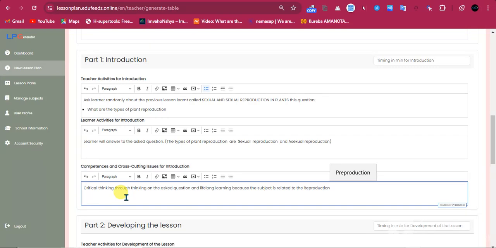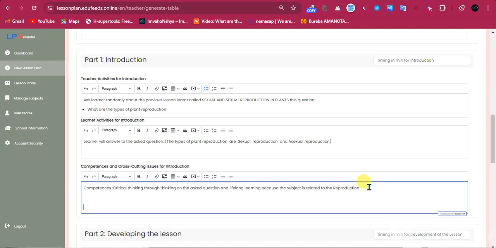And another, you may write here the competencies, even I mentioned them there. Then another: cross-cutting issues to be addressed in this lesson.